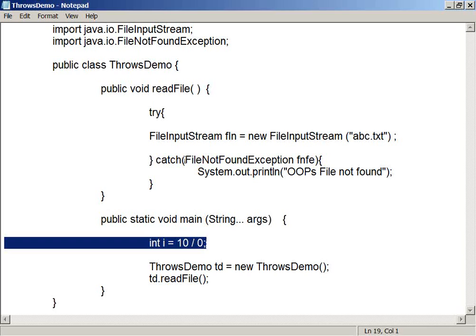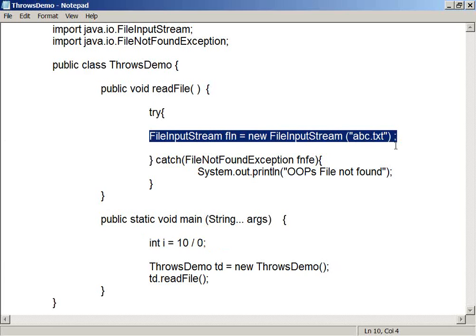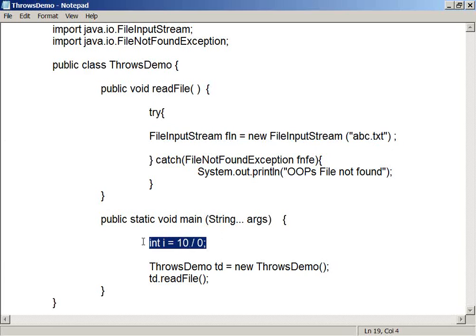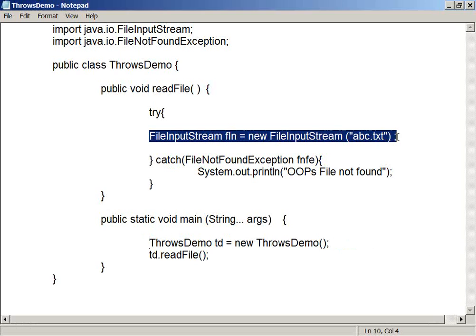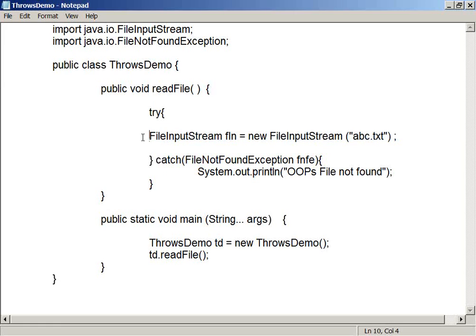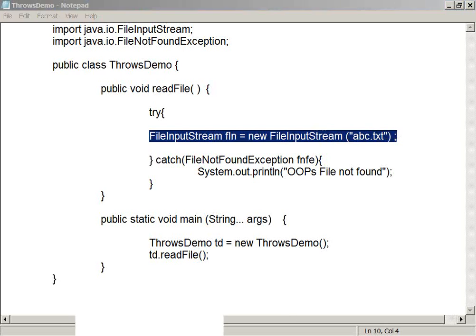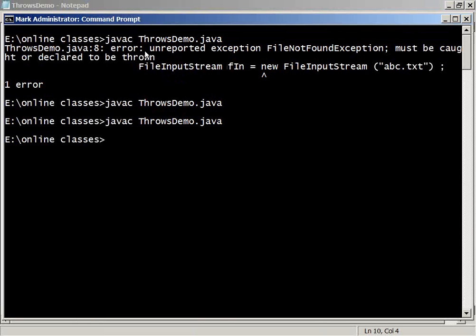See, try to understand the difference. Both are exceptions only, but for this the compiler is not checking, and for this the compiler is checking. Because this is the problem internally of your code, like the mobile number charging example we have taken. And this is the problem of the service provider kind of thing. The compiler is strictly checking whether you are interested to handle this or not, and it is just bothered about the exceptions inside your code. So those are called unchecked exceptions, and these kinds of things are called checked exceptions.